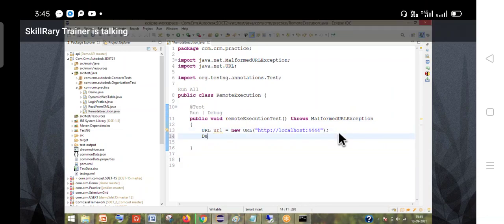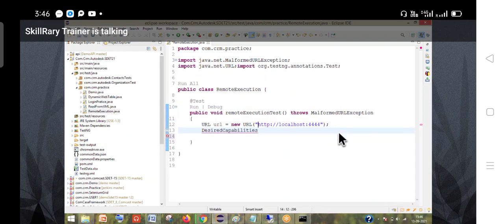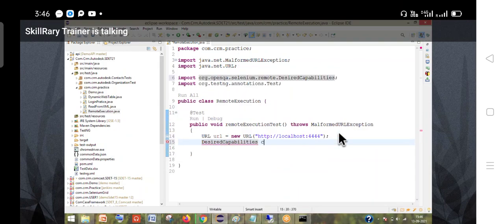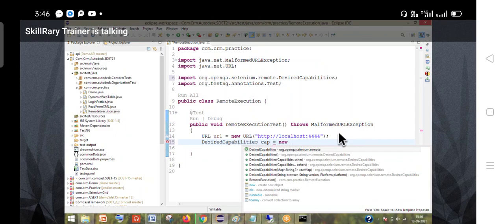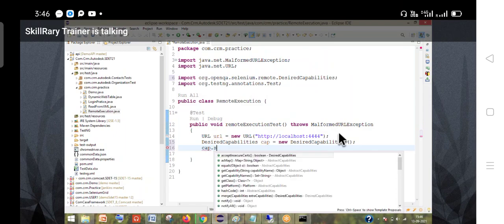Done. So what is the next step? I have loaded my URL. What is the next step? I need to set the capabilities. Are you able to see desired capabilities? Where are you getting it? Selenium remote. It is actually a static class, so you can either create an object or access it directly using the class name. Okay, done. So let me set it. Cap dot